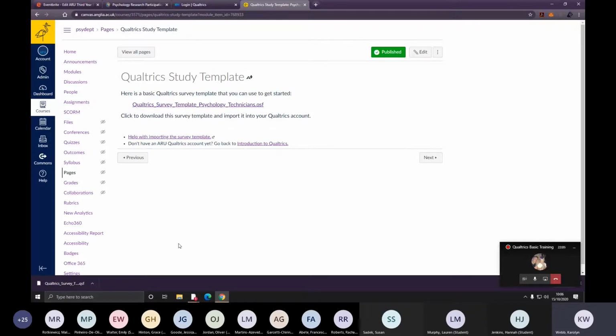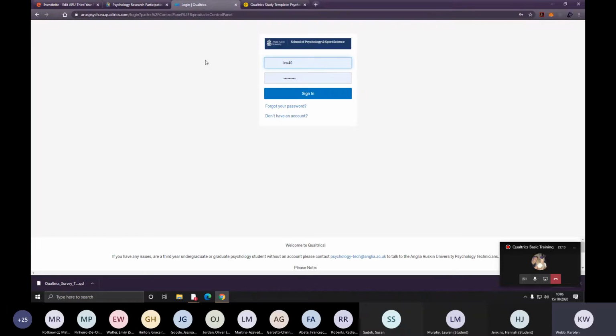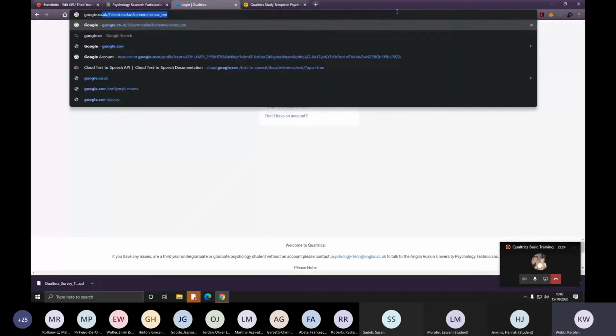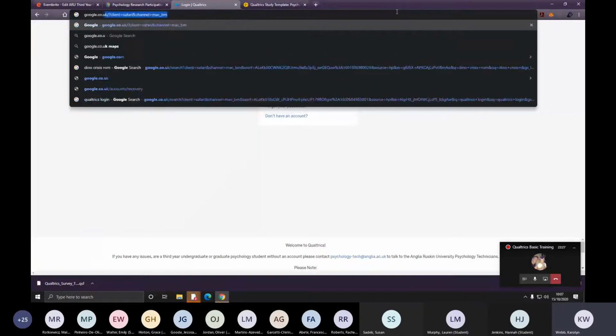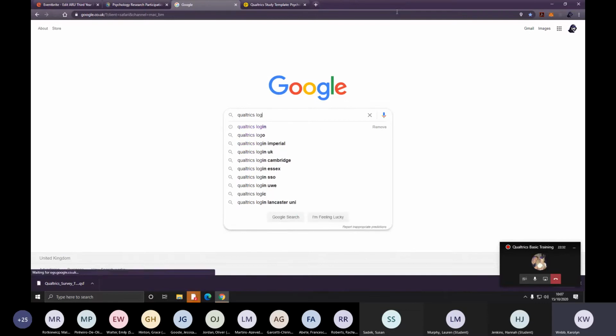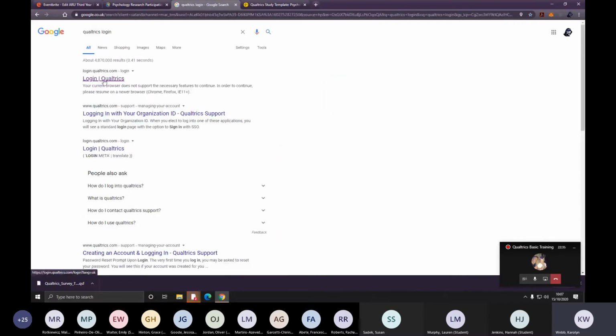So the next thing you need to do, once you've downloaded this survey, is go to your Qualtrics tab, and the link. Sometimes I find Qualtrics a bit of a pain to find where to log in. But if you go to Google and just type in Qualtrics login, it will be the top hit. Sometimes if you just search for Qualtrics, for some reason, you get taken to a sales